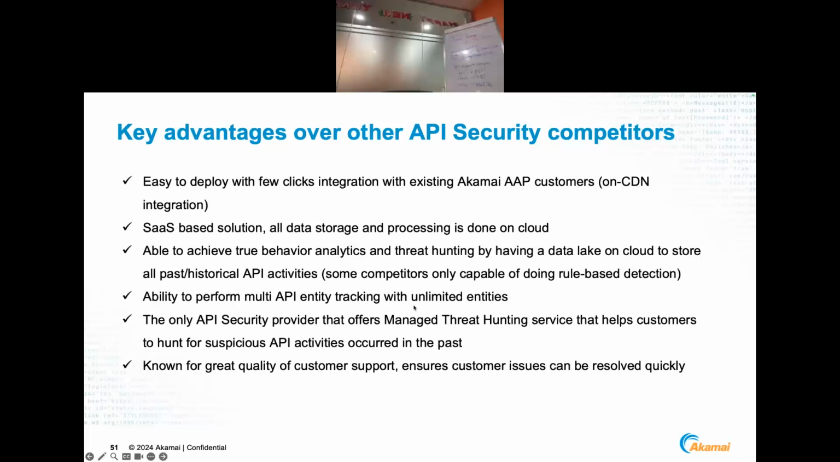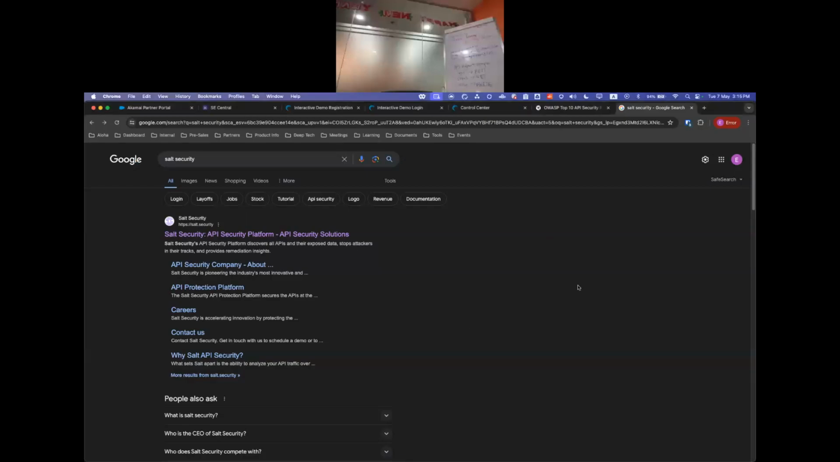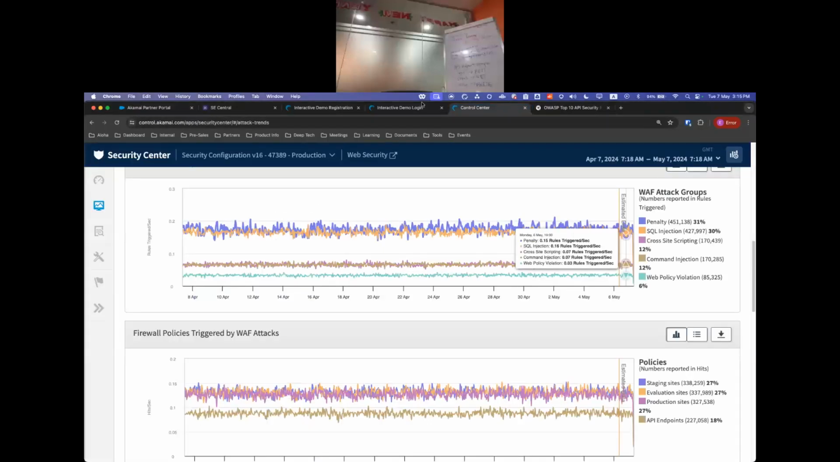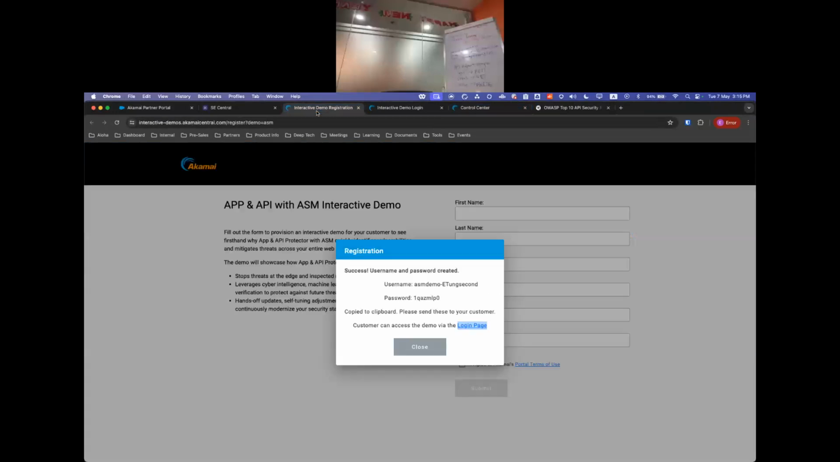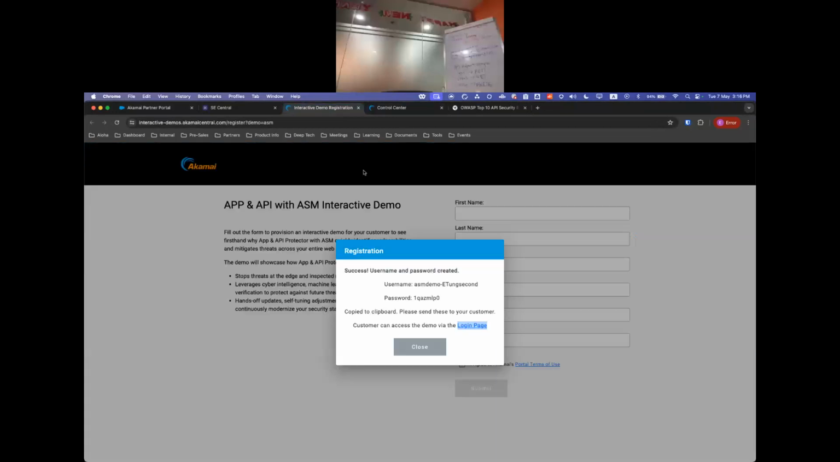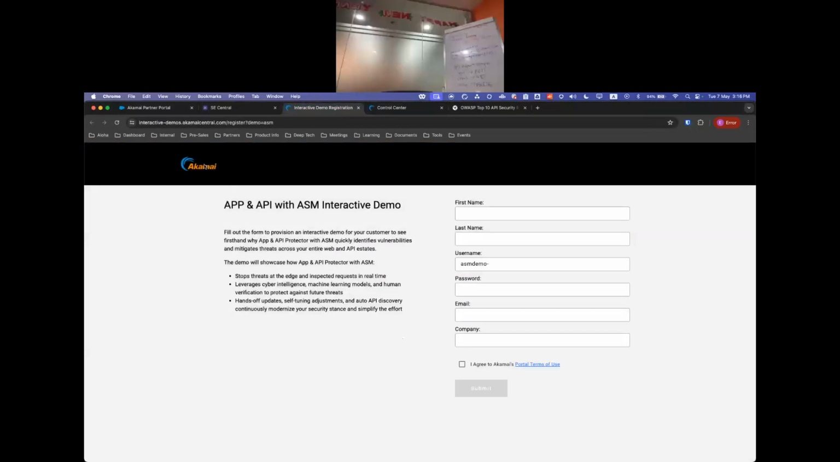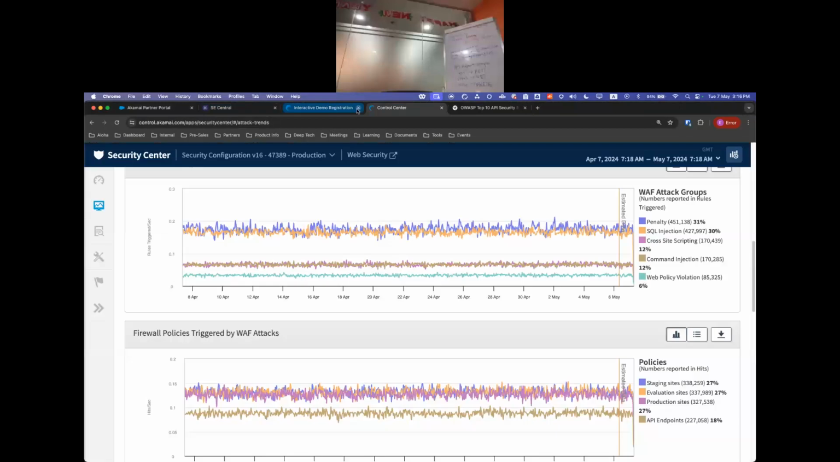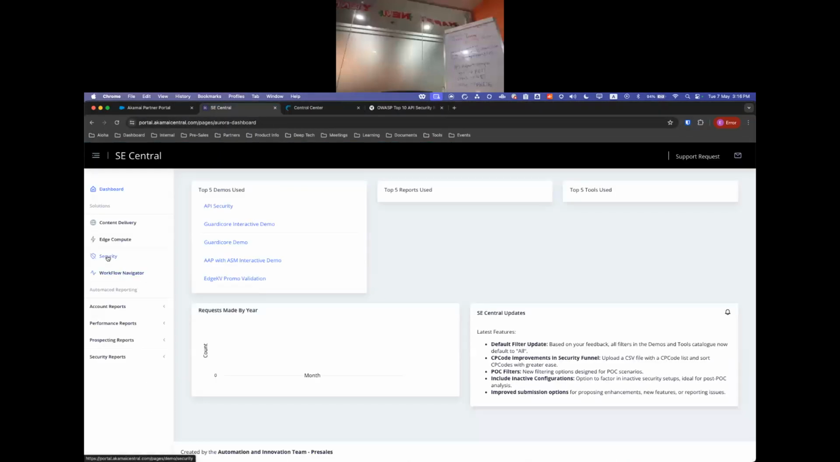Yeah, if no question, then I'll do some demo for you all. Basically, you can also access the API security demo through the same SE Central that I showed you earlier when I demonstrated how you can access the AAP demo. So let's say when you go back to the SE Central, which is this page,